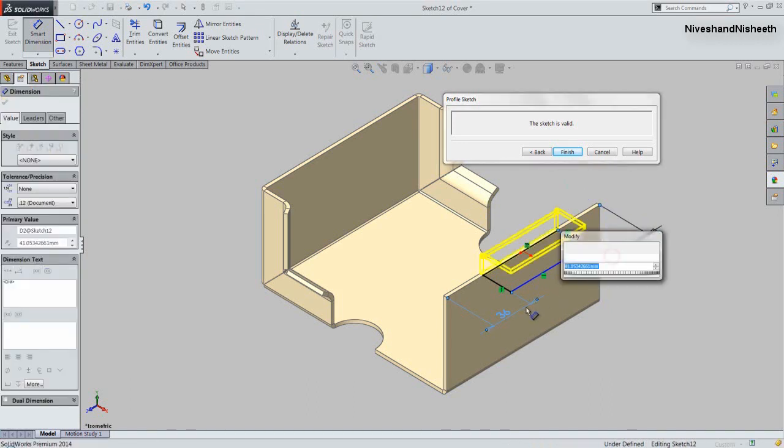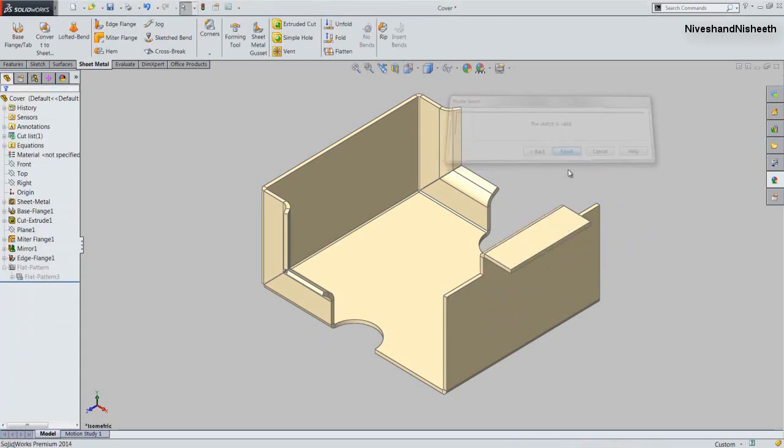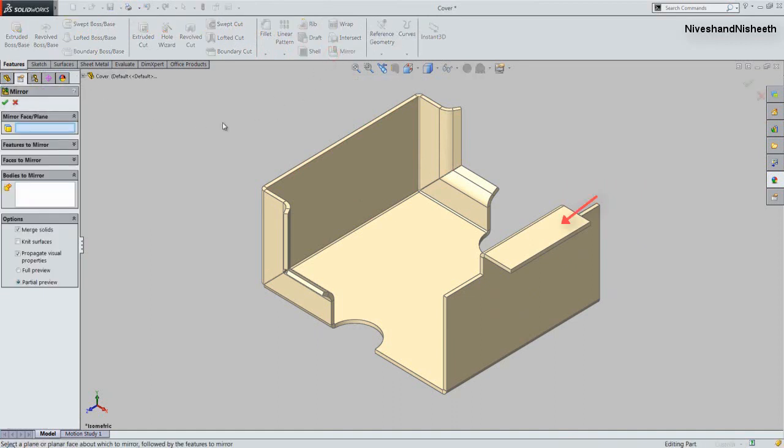Now we will fix the same dimension over the opposite side of the sketch. Okay, finish the sketch. Now see, my edge flange feature is updated here. And now we will create a mirror of this edge flange feature over the opposite side in the following way.